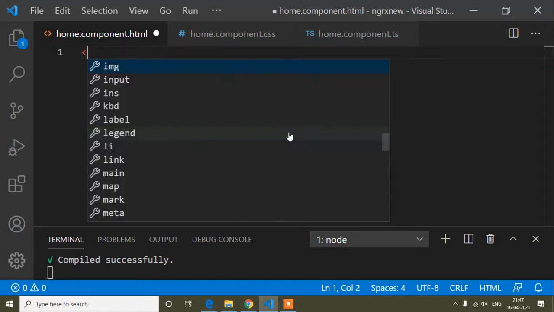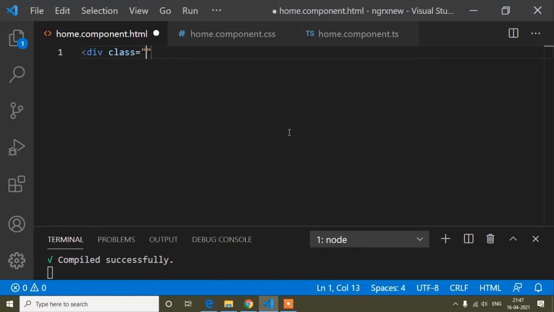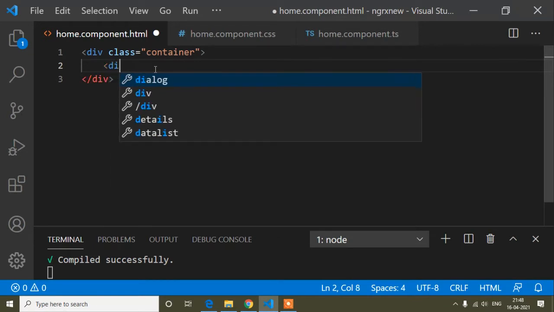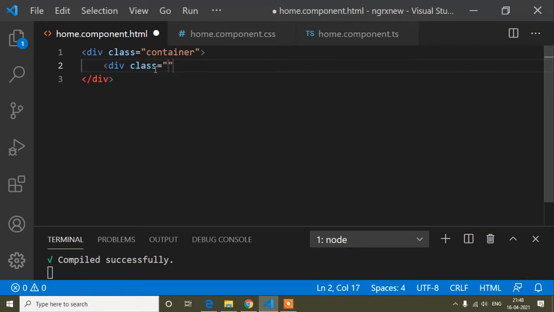First of all I will write a div with class container. You know, container is a Bootstrap class, which adds some space on the left and right. Now I will write another div, and its class is main. You can write the class name as per your choice, it's not mandatory. Whatever class name you write here, you have to write the same class name in the CSS. You can put anything instead of main.